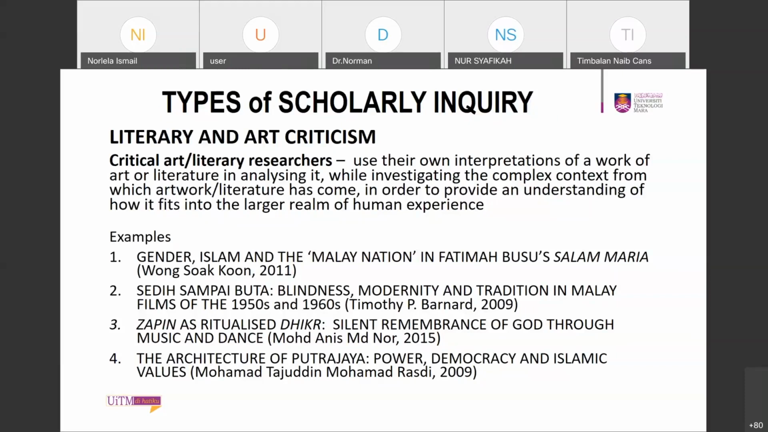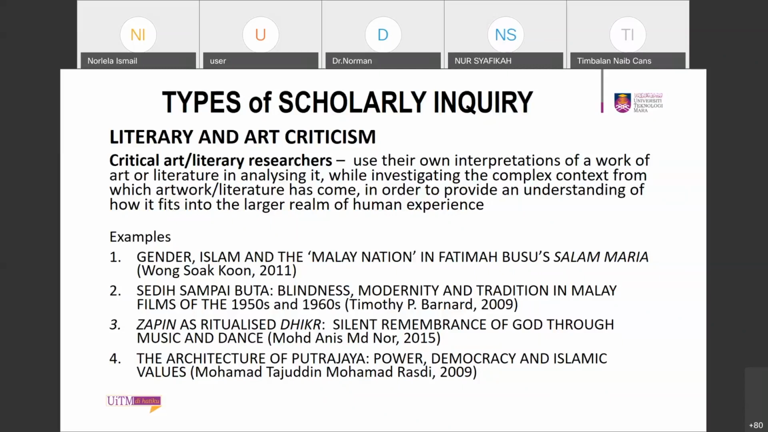Critical art or literary researchers use their own interpretations of art and literature in analyzing it, to analyze the text, especially this concern with the text, while investigating the complex context from which artwork or literature has come, in order to provide an understanding of how it fits into the larger realm of human experience. So